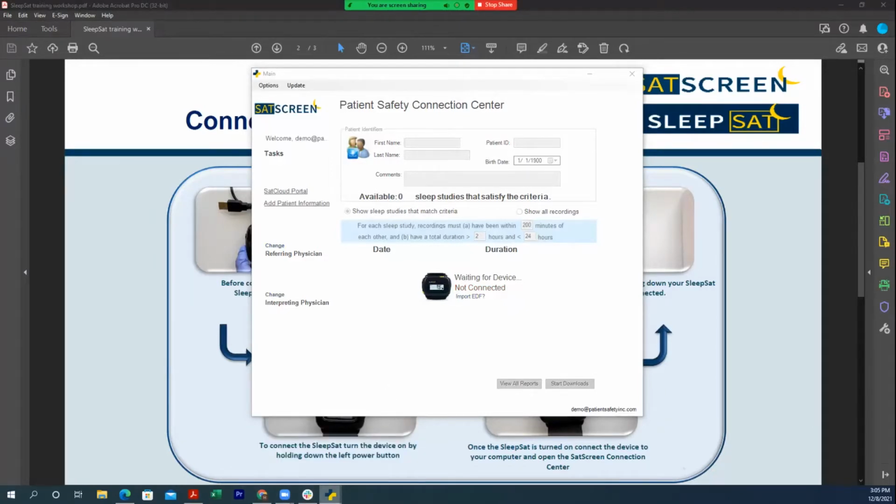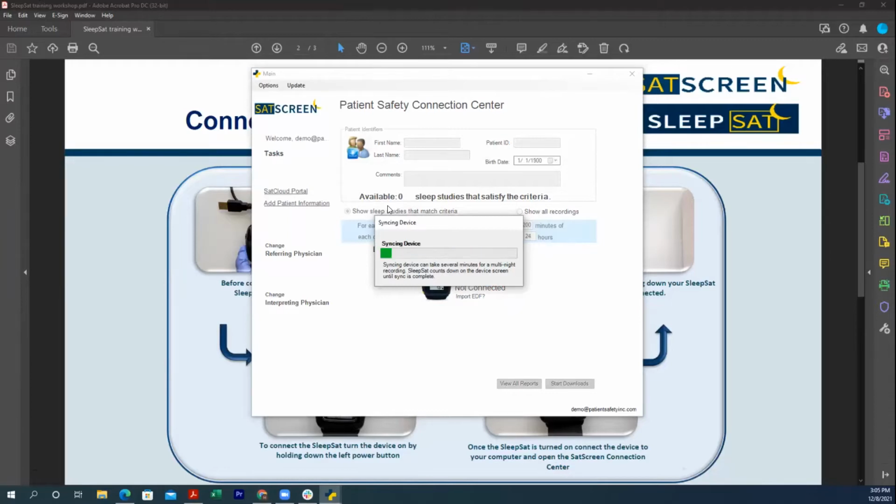But as you can see, it is now syncing. And you probably can't see this in the webcam, but on the SleepSat itself, it is counting down. That is a number that we call frames. It's really about how it packages the data. But depending on the amount of recordings you have on your SleepSat is how long it's going to take to